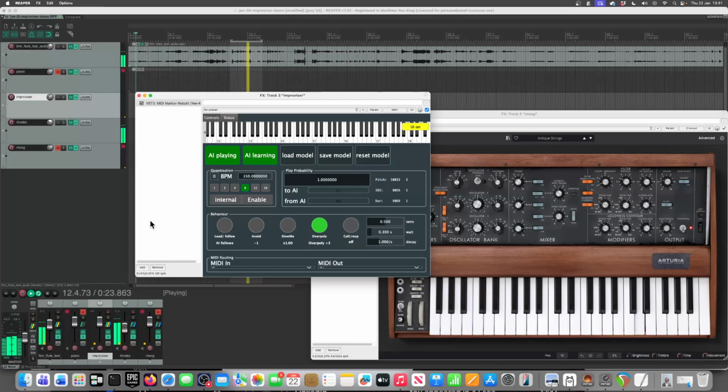So over poly is really useful if you're working, let's just turn it off for a minute, with a monophonic instrument like the flute, but you want the accompaniment to be polyphonic, so playing more than one note at a time. Over poly allows it to do that. What it does is it pulls multiple notes from the model each time instead of just one, so essentially they are notes that you've played, but they're stacked up into chords instead. If you combine that with avoid, you get quite a nice kind of accompaniment. So let's try that